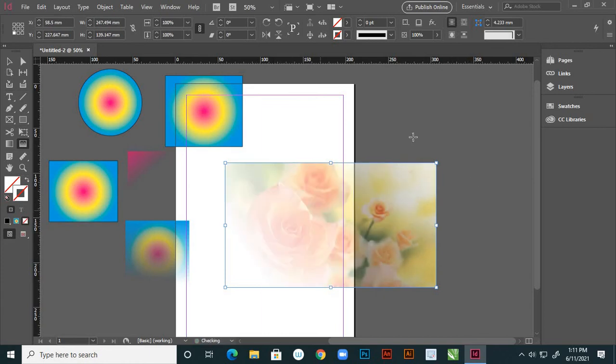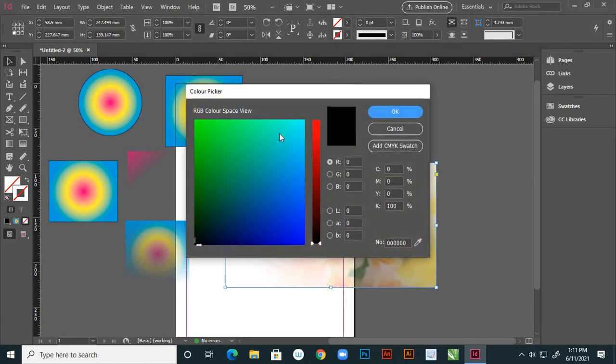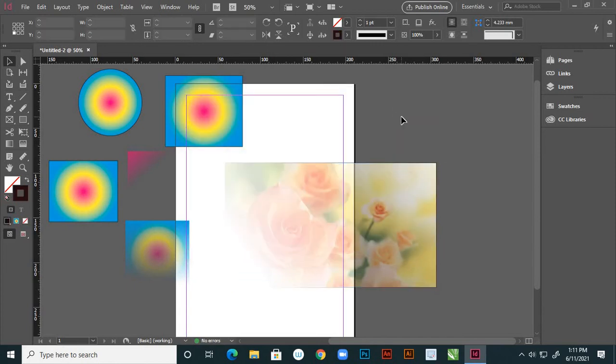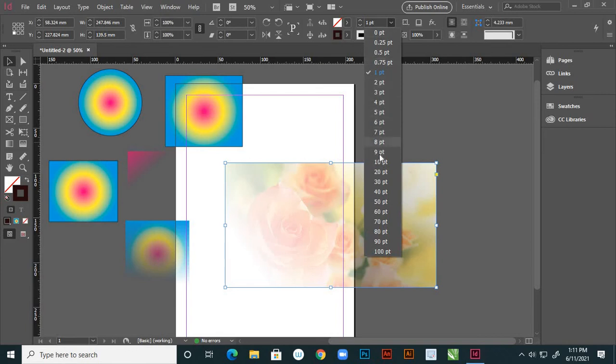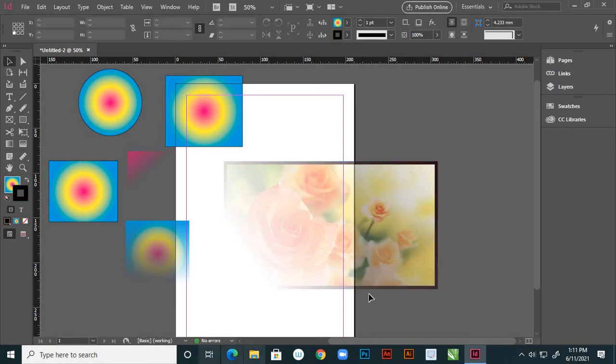So by dragging you'll understand, right? See, here it has no outline, and here choose some outline. Here I'm giving suppose 10, right? See, the same gradient effect applying to image and that outline, right?